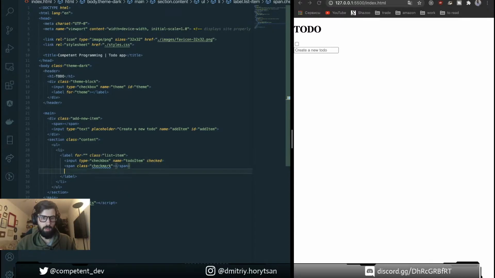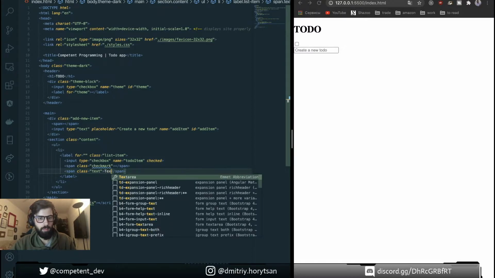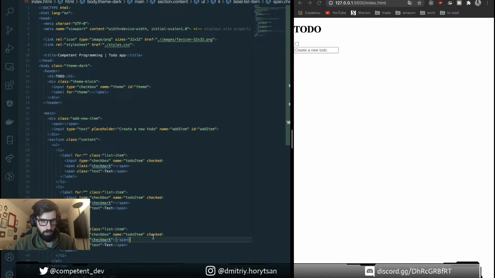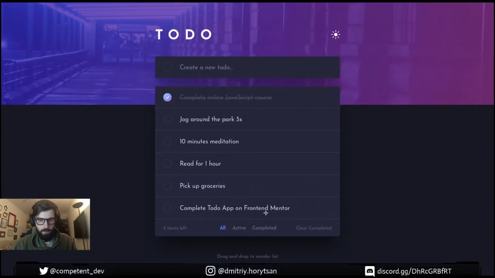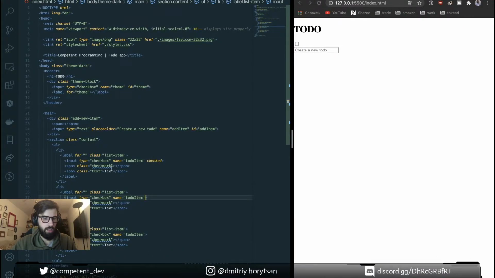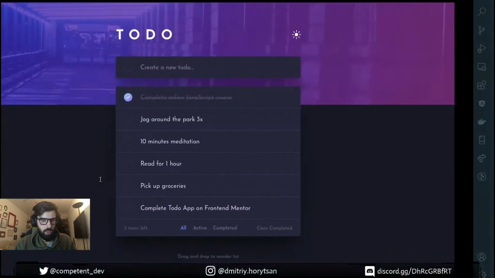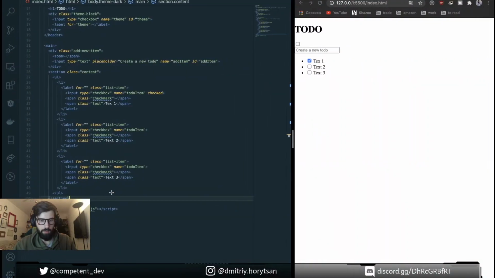For this, gonna do the next span text and have another copy of this. Remove here checked. And have here text1, text2, text3. Okay, it's gonna be our list of to-do items.